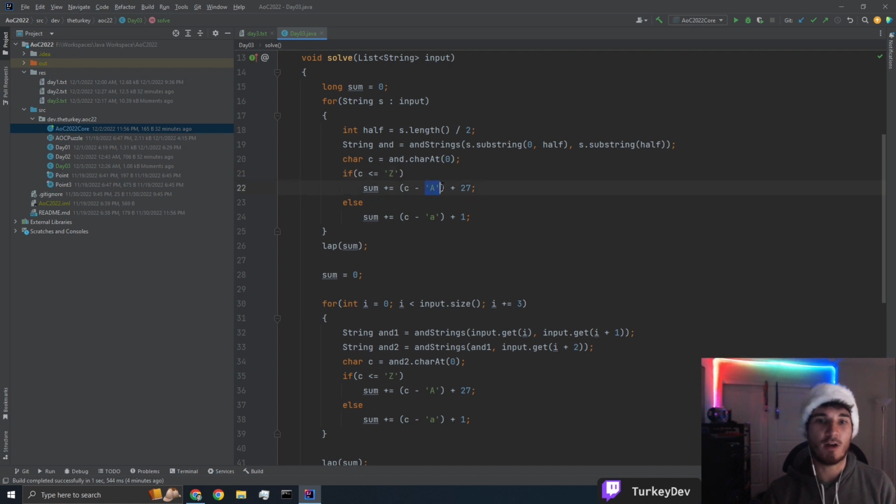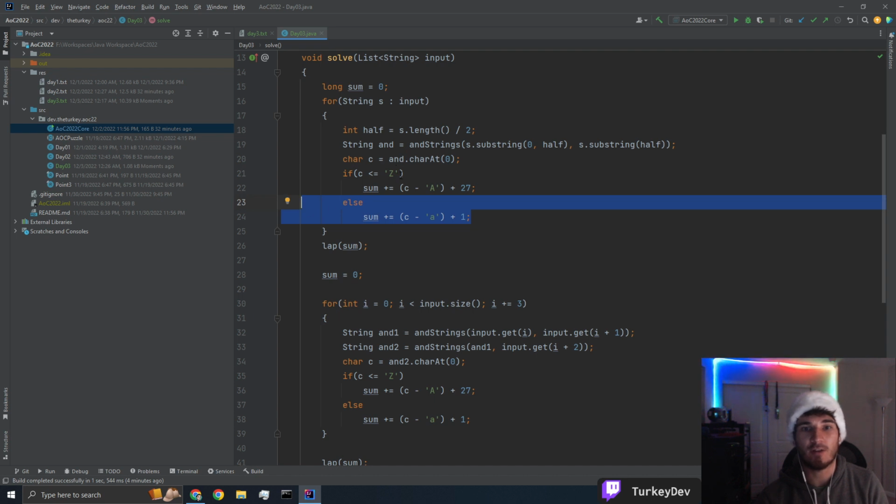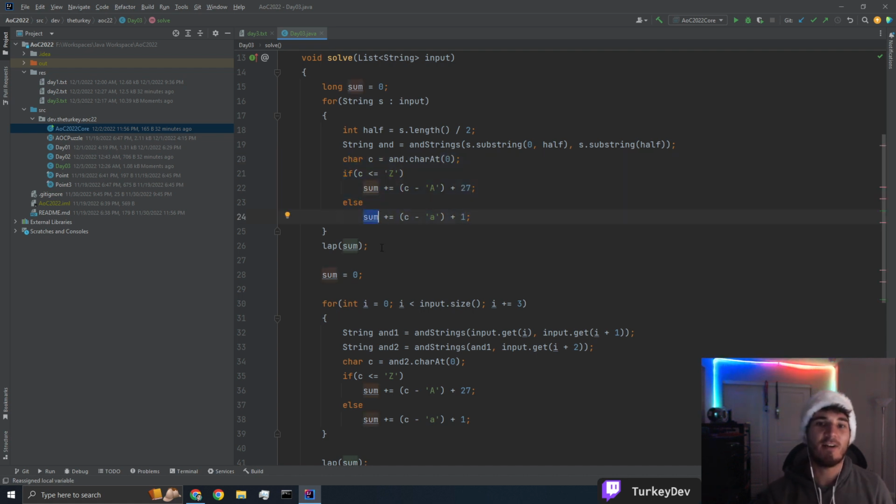so we can simply subtract off the uppercase A, add on 27, because actually for this problem for AOC, they have them where the uppercase letters are the upper letters. They're 27 through 50 something. But the other case though, if we're greater than the uppercase Z, that means we have a lowercase letter, so subtract off lowercase a, that gives us our number, but because it's from 0 to 25, we need to add 1, that way it's 1 to 26. Add it to our sum, and at the very end, after ANDing all the strings together, we get our answer